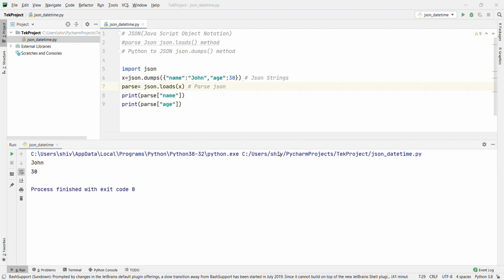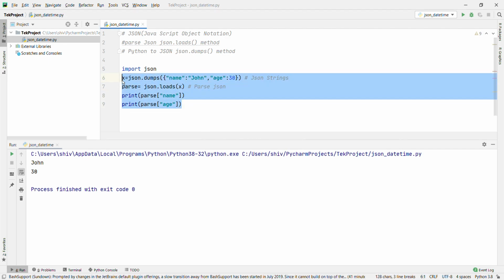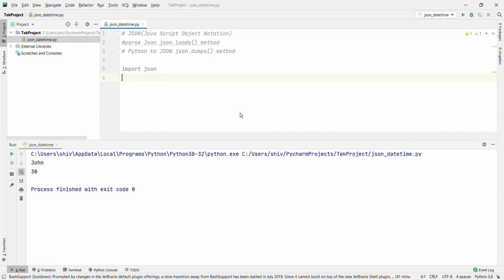Now I am going to show you how to use a Python object that contains all the legal types. In one shot we are going to dump all of them. I am going to create one Python object containing all the legal types.